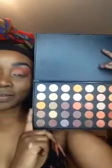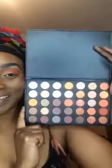The Morphe palette is more sturdy, while this one is more like a plastic. They're both plastic, but this one, as I said, is more flimsier. So you have to be careful that you do not drop this or break it, because you would break some shadows. When I bought it, it did come really well packaged. I didn't have any fallouts. The fallout is for my 35U right now because my kids found it and they were playing in it, which I'm so bummed about. But the 35O dupe looks like this,